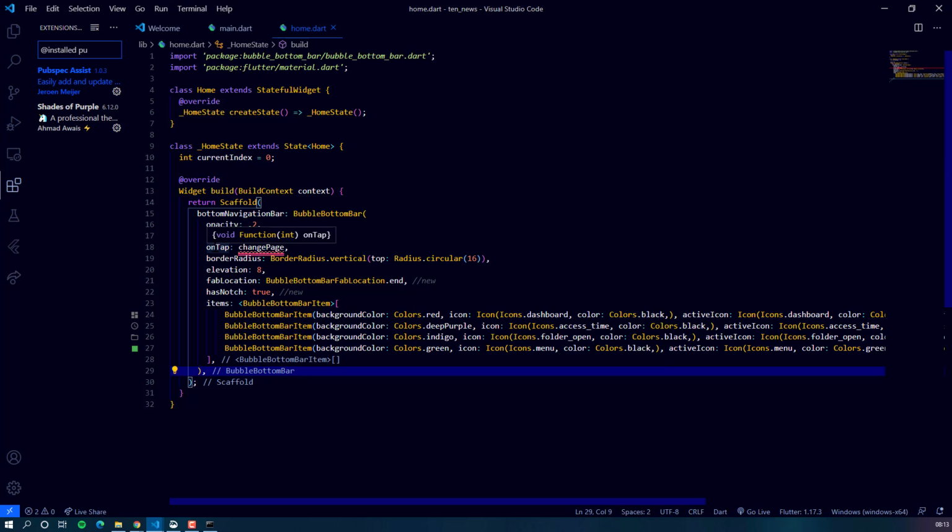Now on tap we need to call a function which would switch the current index to the particular item which was tapped.